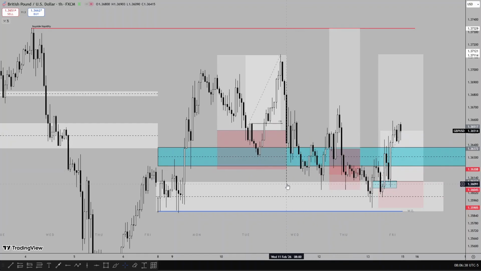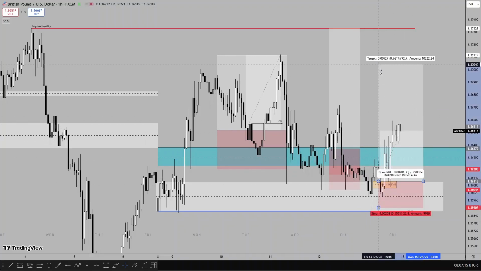After I was stopped out on Wednesday, price traded, took out Wednesday's low, and did a 1 hour shift in structure. I took a re-entry, price traded higher before the retracement, and I was stopped out on Thursday, which was the second trade. Friday, price took out Thursday's low and did a 1 hour shift in structure, so I took a buy entry at the 1 hour fair value gap. Price respected it, and before the closing price this week, I closed it as a 2 hour trade.